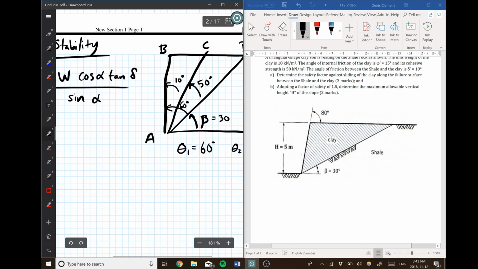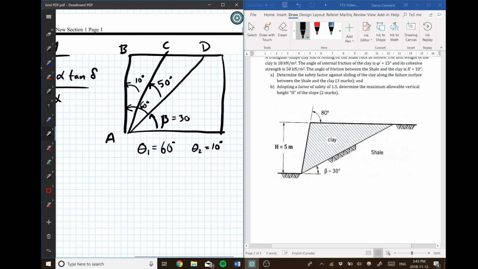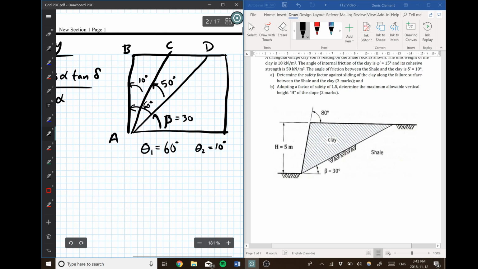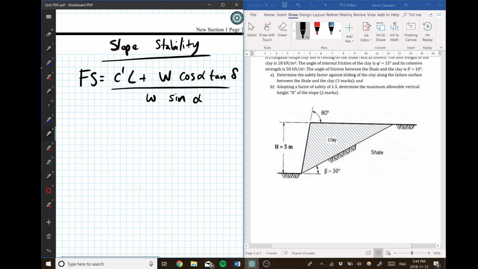So alpha, this isn't beta. Sorry, this is my fault. In our equation, it's given as alpha, but in the diagram, it's given as beta. They're just variables, so you can ignore the diagram and say that that is alpha, because that's what you're going to need. So our cohesion is given